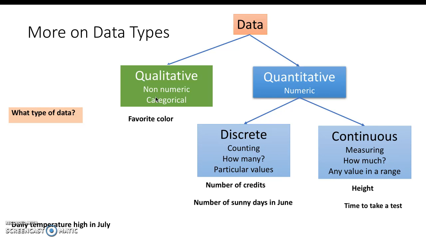Daily high temperature in July. Okay, well it's a number, so it's quantitative. Temperature is one of those things that takes on value within a range of values. Probably in July, we're going to have a low of maybe something like 70 and a high of something like 95 if we're talking about being in Newberg. Okay, and it can take on any value in that range. There aren't just certain numbers that it takes on, so that would be continuous.